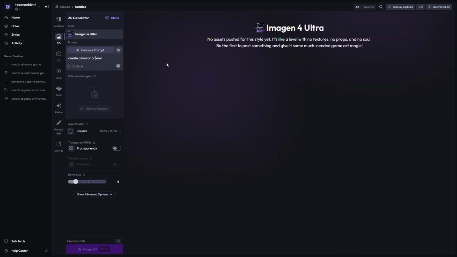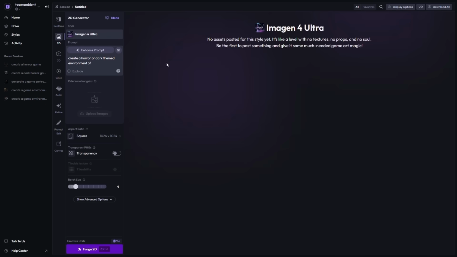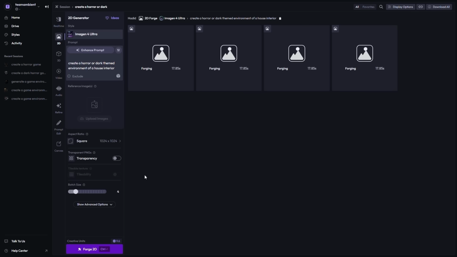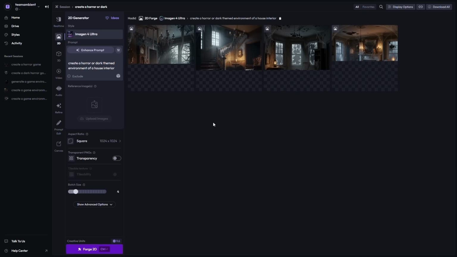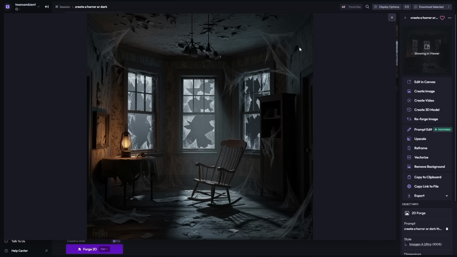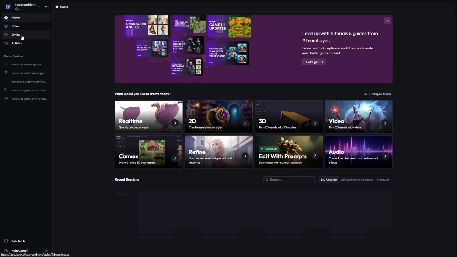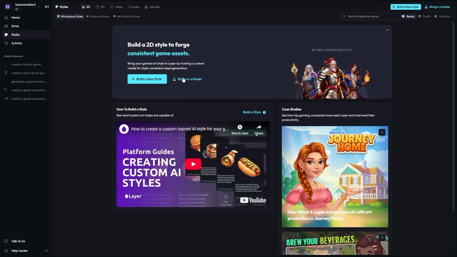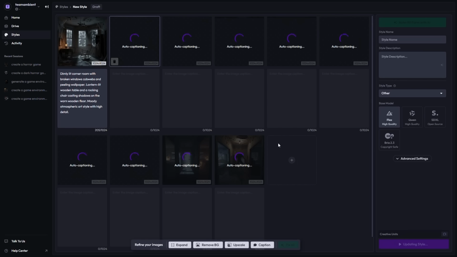in the game world. To do that, we started by creating a few sample environments in the style we wanted. First, we generated some interior environments while guiding Layer toward the art direction we had in mind. We wanted this project to feel like a horror game set inside a house. Once we got a few results we were happy with, we used them as concept images to train a new style. Training a style in Layer really helps with consistency, because you can use that same style later when creating